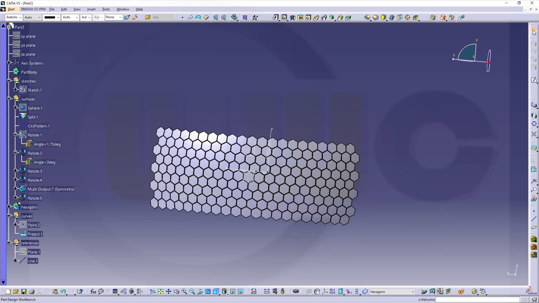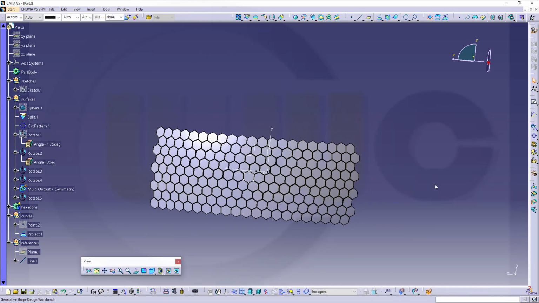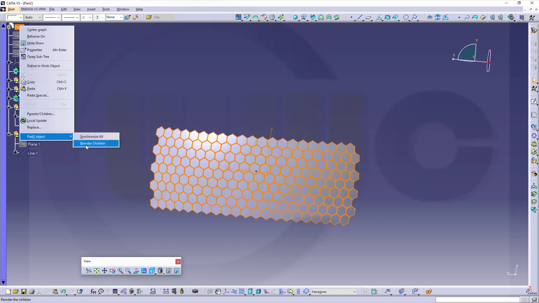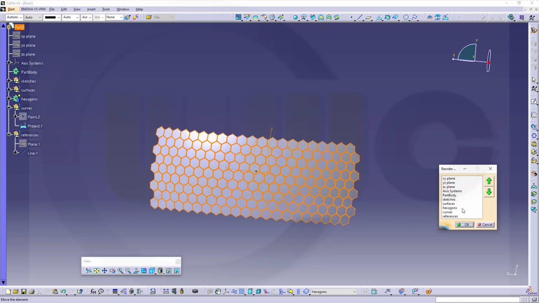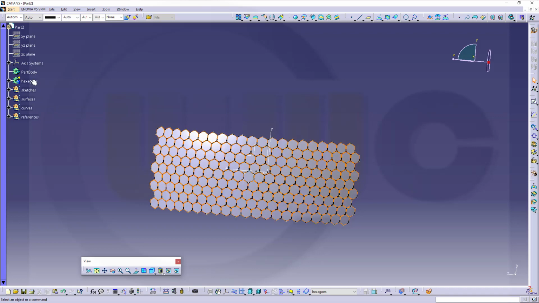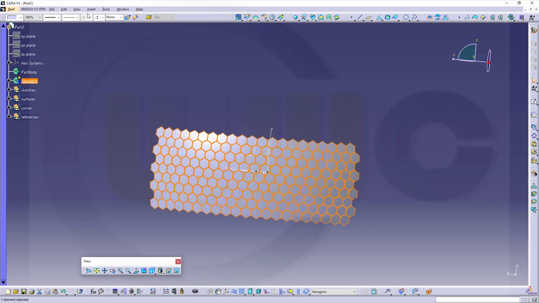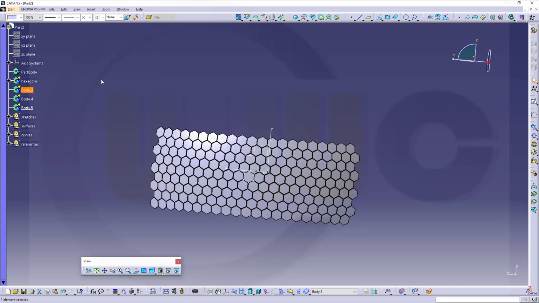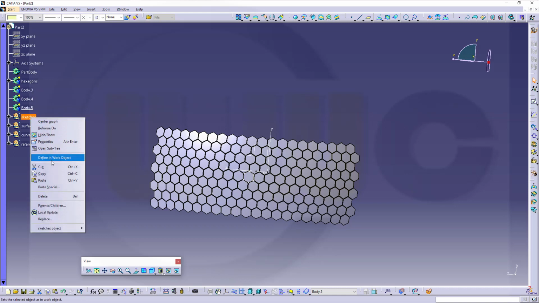Let's switch back to shape design. So let's reorder our tree. Part, reorder children. I want this body to be on the top, below the part body. And I need to make this the active body and insert some more. Body, body, and body. And okay, now next I will do a surface, and I need a sketch, so we'll go for a sketch,